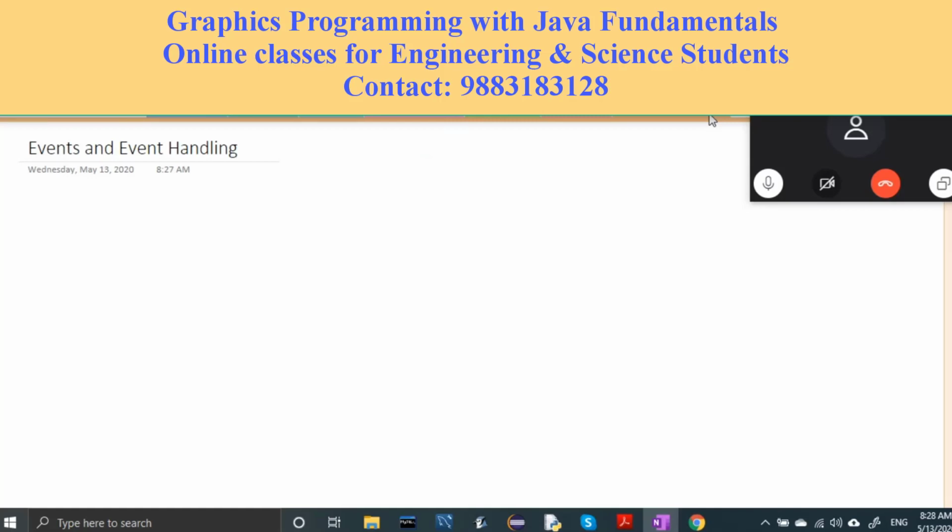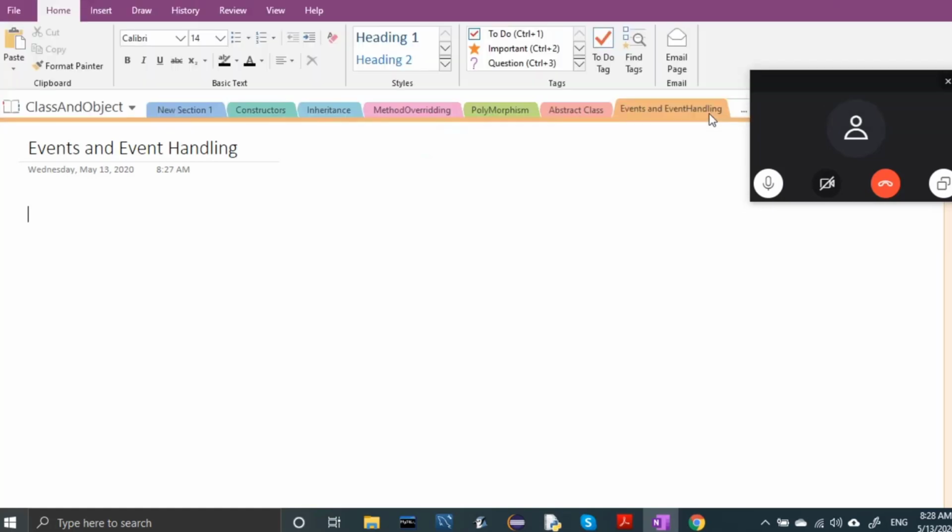So, in an application that interacts with the user through a console window, user input is under control of the program. The program asks the user for input in a specific order. For example, a program might ask the user to supply first name, then a dollar amount. But the programs that you use every day on your computer don't work like that. So in a program with the modern graphical user interface, the user is in control.